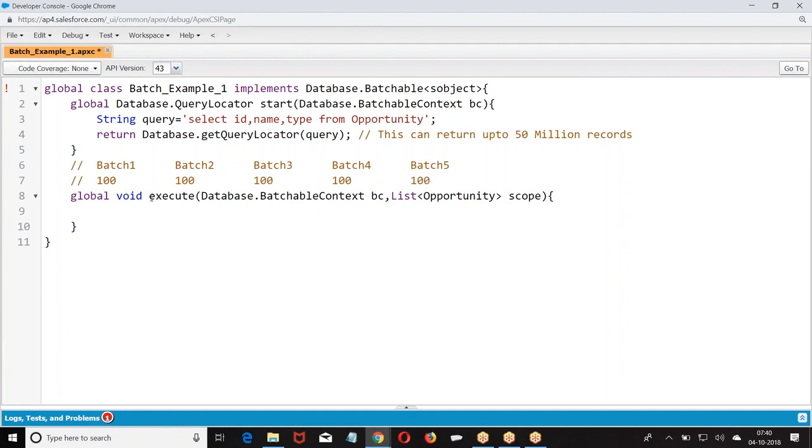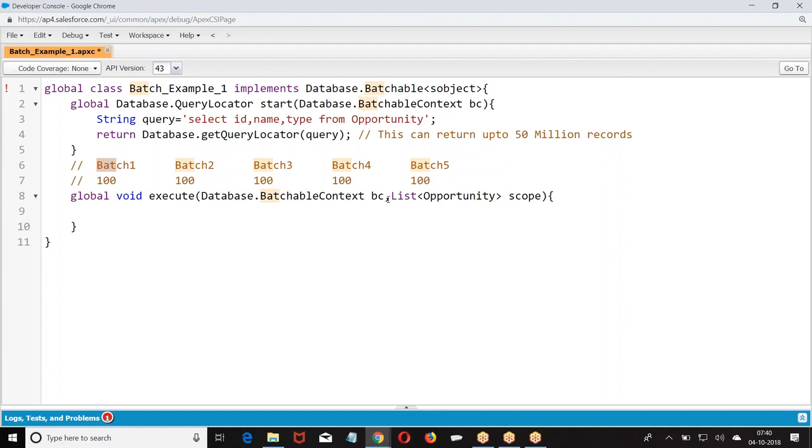Now execute will be running on each batch separately. One execute on this, another execute on this, another, another, another. So how many executes are running? 5 executes. All of them are running parallelly. At a time, 5 execute methods are running parallelly.